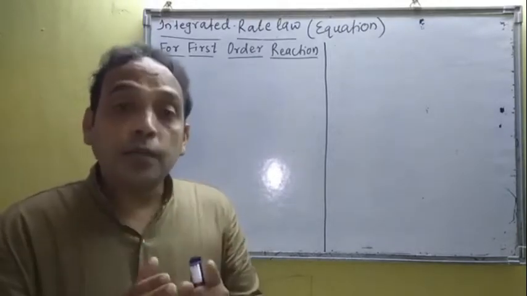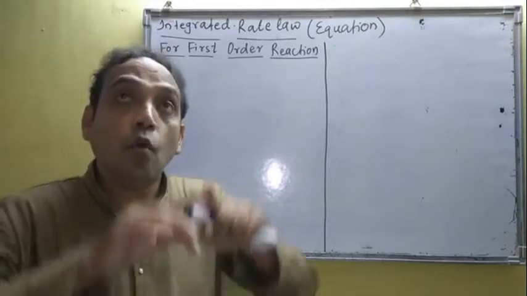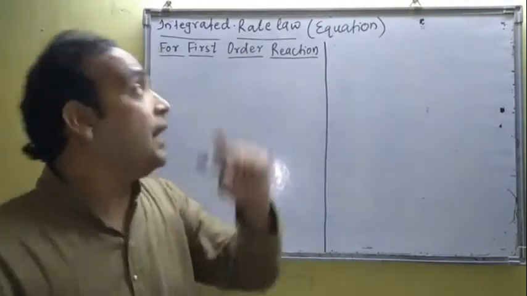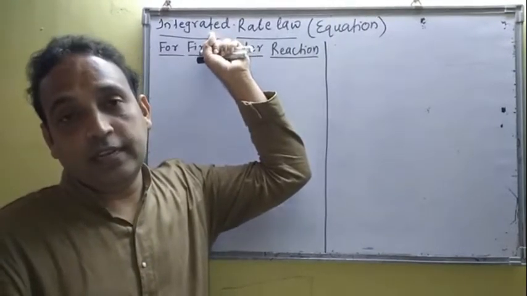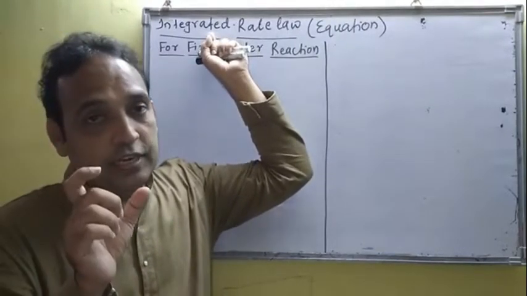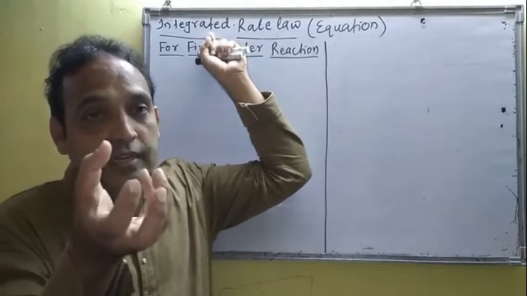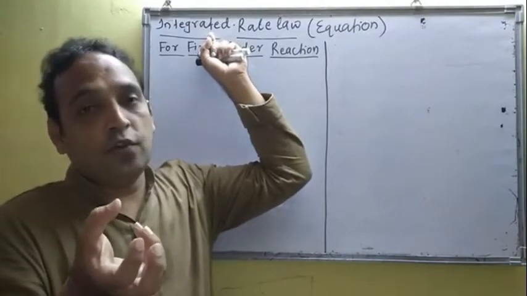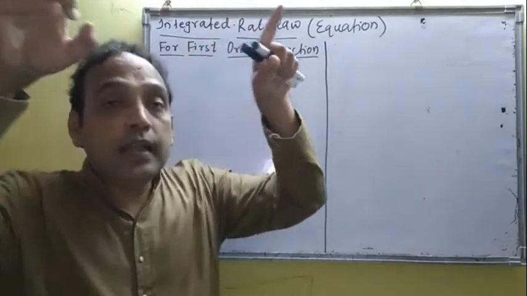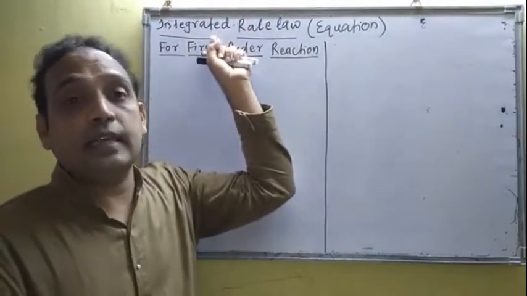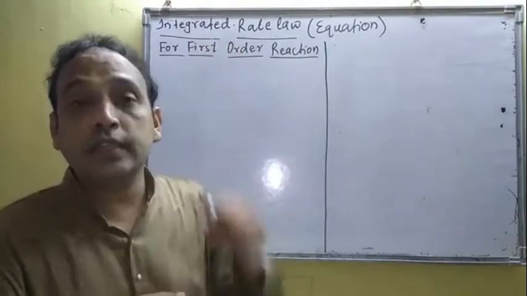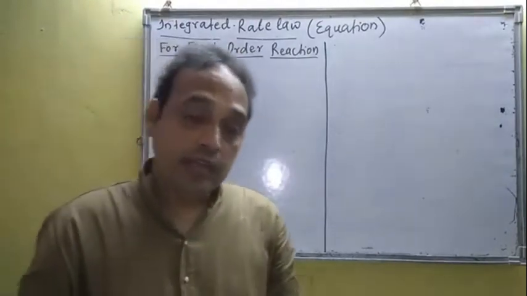Okay. Now suppose I have to find out the rate of the overall reaction. For that purpose, we have to integrate the differential rate law. Differential rate law अपने को instantaneous रेट का इंफॉर्मेशन देगा और ओवरऑल रिएक्शन का रेट फाइंड आउट करना है तो मुझे उसको क्या करना पड़ेगा? इंटीग्रेट करना पड़ेगा. And that's why there is a need to study the integrated rate law equation.